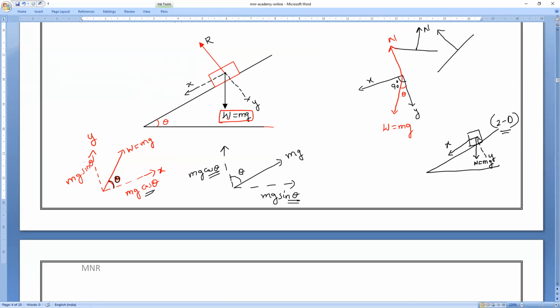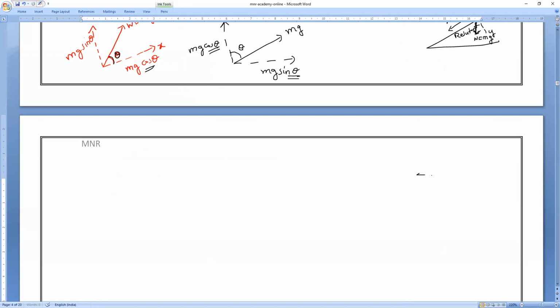So the force which is exerting between them, that is what we call the resultant force. Always remember, if any object is moving in a plane, the force is always exerting in two different directions. One is the y direction, another one is the x direction. So the resultant force will act always between them. That is what we call R. The resultant force will act always between the two directions. This is a two-dimensional motion.